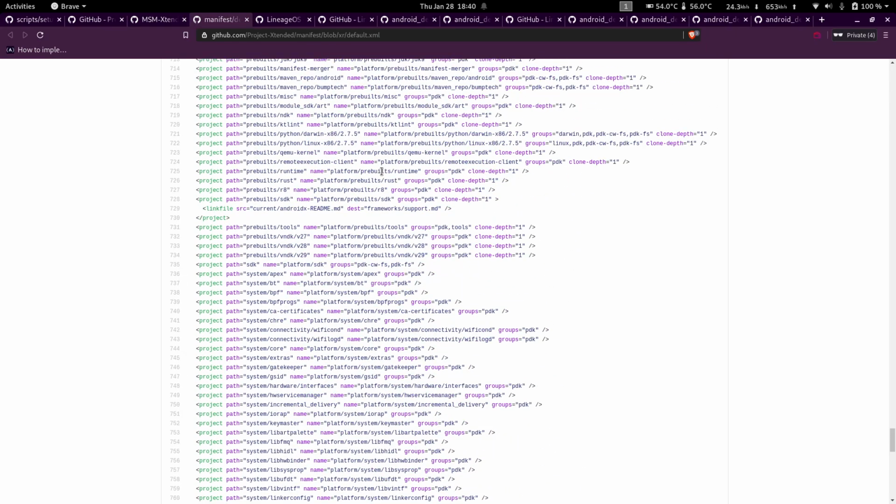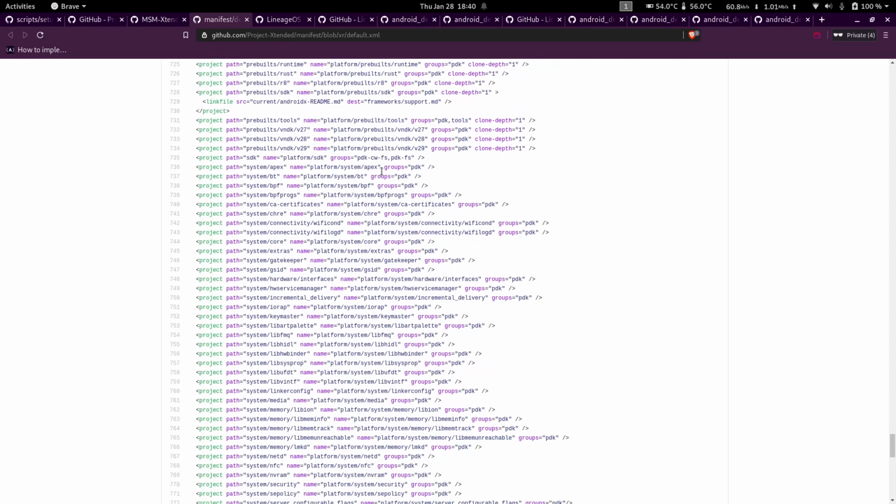But if you would just like to clone one particular folder, you could look up its name. In this case, say I want to reclone the tools directory in the pre-builds directory. I would just do repo sync followed by the name of the project, so repo sync platform hyphen pre-builds hyphen tools.